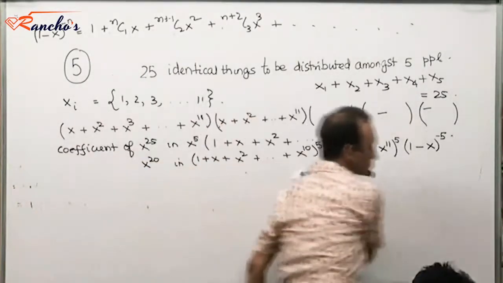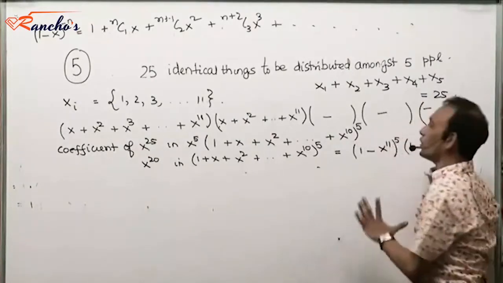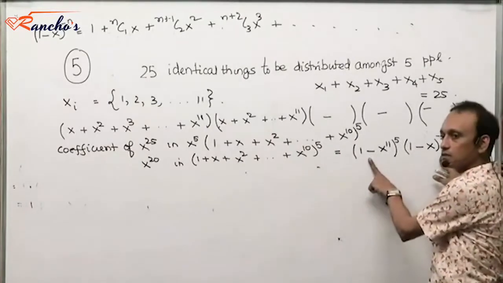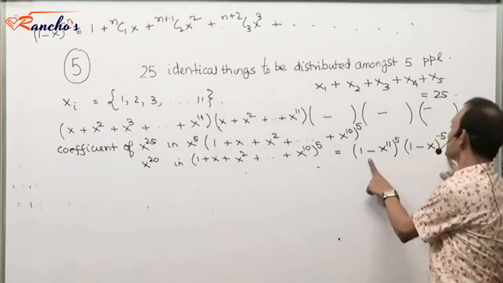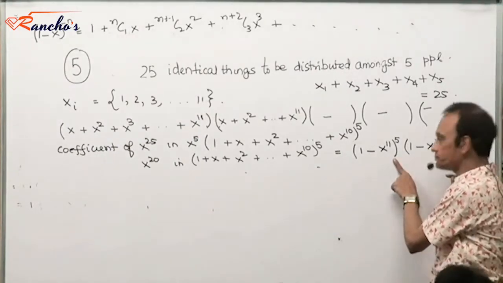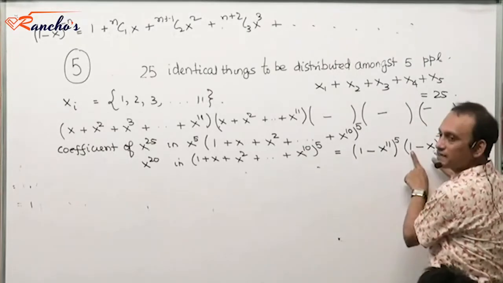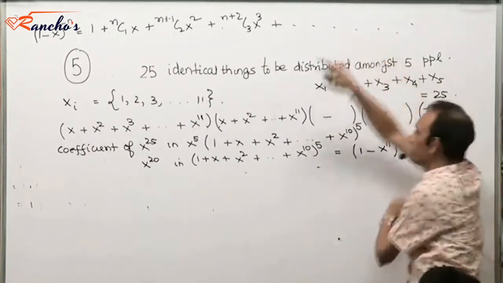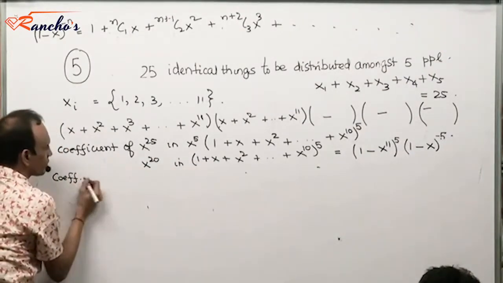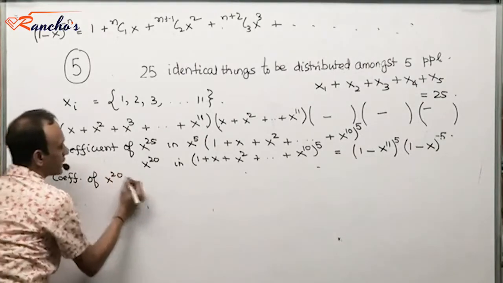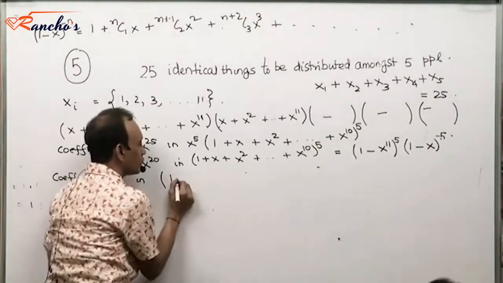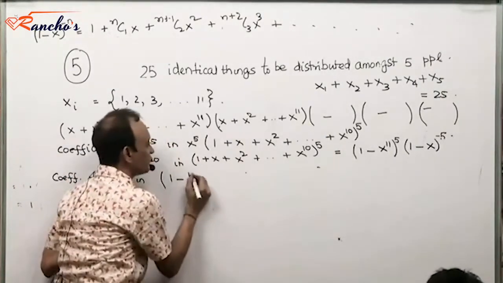Now, essentially then, what does the problem boil down to? The problem boils down to finding coefficient of x power 20 in this. And this is okay to expand. This is not an issue. This is 1 minus x to power minus n and I can expand based on this, right? So, I am seeking coefficient of x power 20 in this. This would be like 1 minus 5 x power 11.